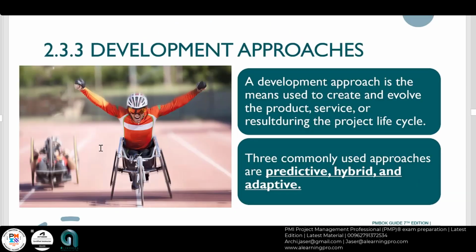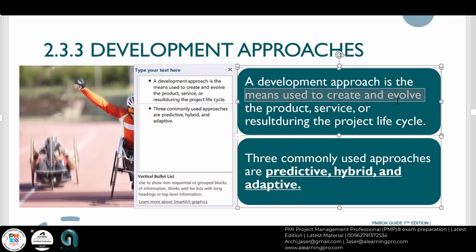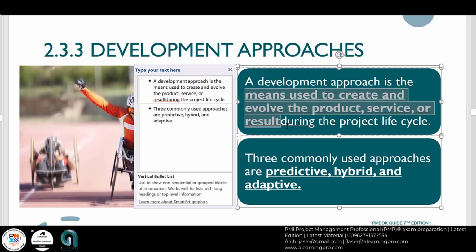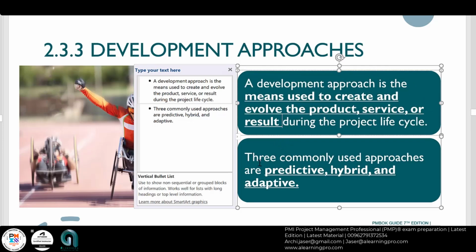Okay, development approach. A development approach is the means used to create or evolve the project's products, services, or results during the project life cycle. I will make it clear for you. Three commonly used environments, which I have just mentioned: predictive, which you can name waterfall or traditional management; hybrid, a mix of both; and adaptive, when you go more agile,